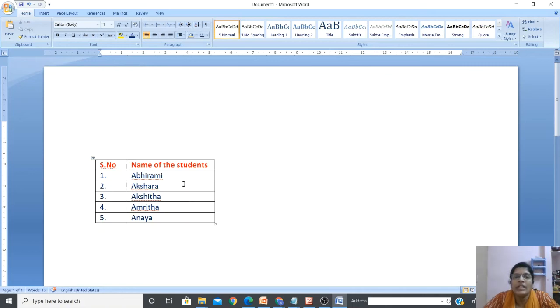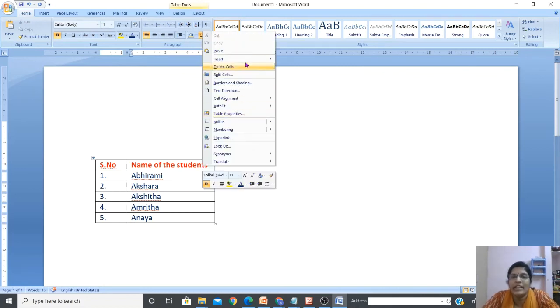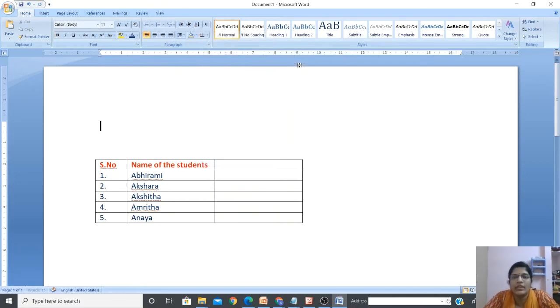So I need another column here. So you have to click anywhere over here. Click anywhere on this column, right click, then insert and say insert column to the right side, because the right side only I need. Do you see a column is added? Yes. Okay, so here what I'm going to do is, as I said, class I'm going to write, which class the student is studying in. This is class 5.